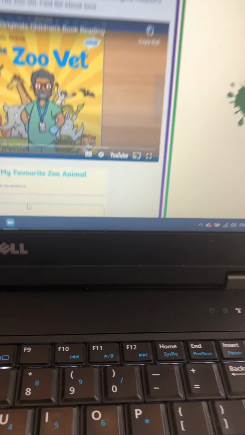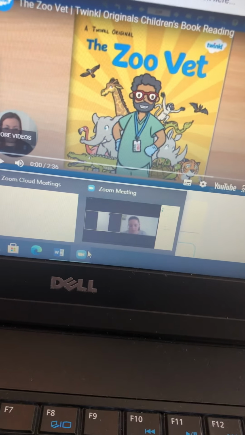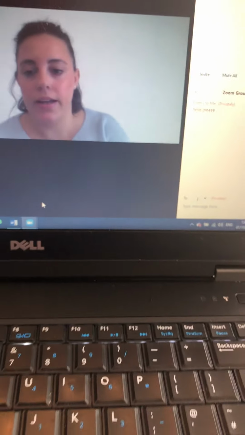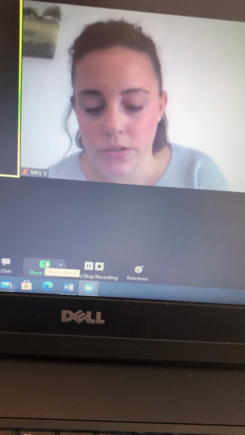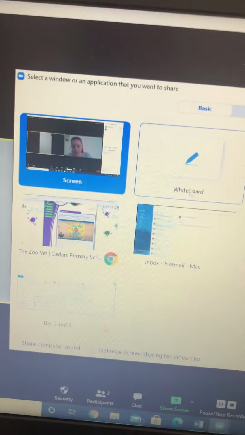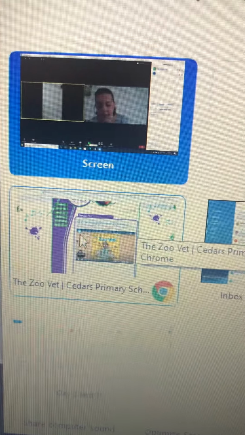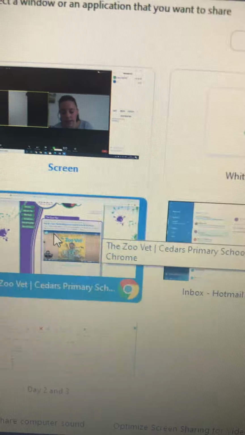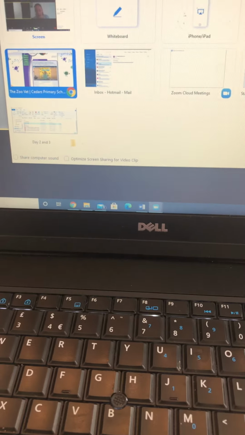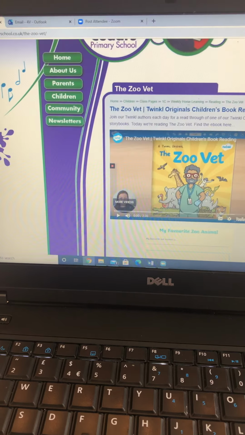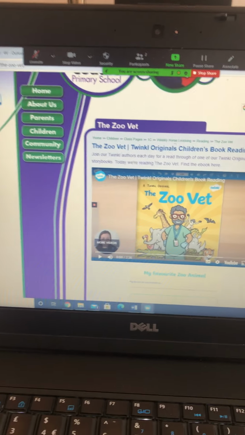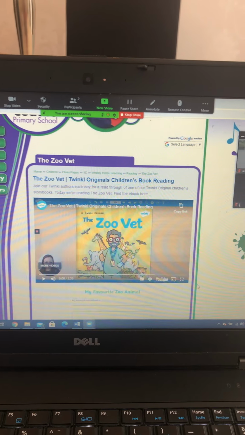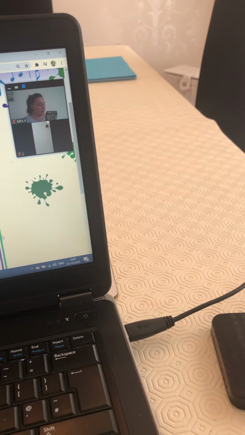Then I go back in my Zoom at the bottom here. Okay, and when I click on share screen now, it'll show you that screen. Can you see now? So that's an option to open the window that I want to open. So I click on that and I click on share. Okay, so the children can now see that screen. Okay, so if I look on my iPad,